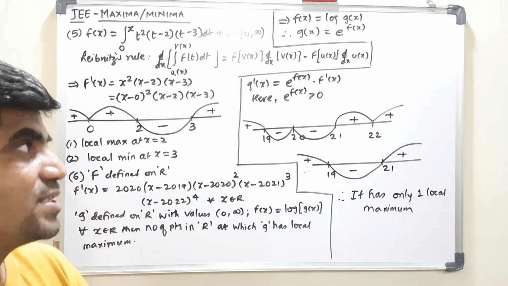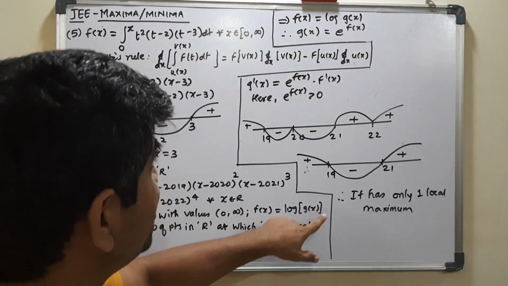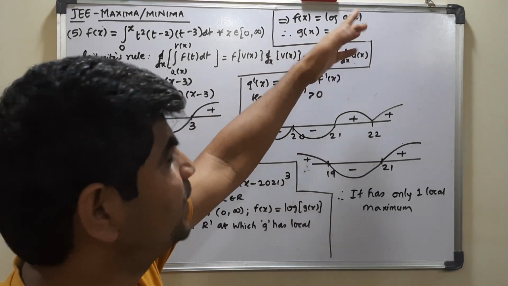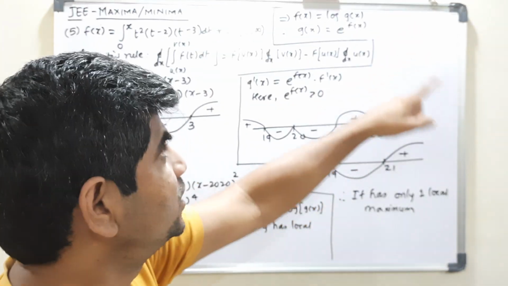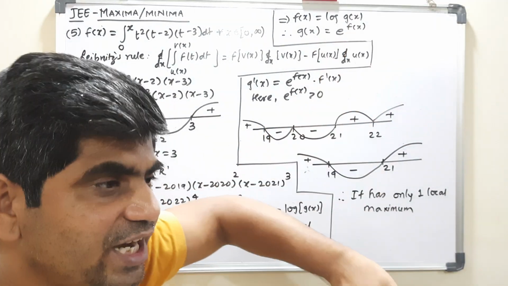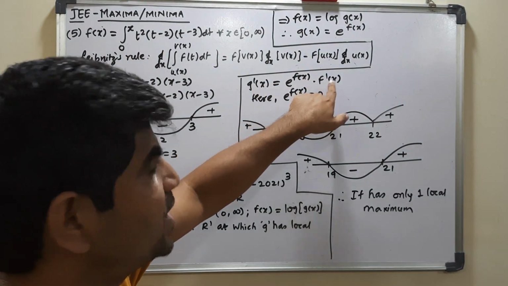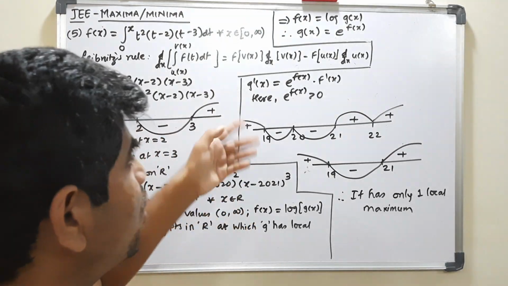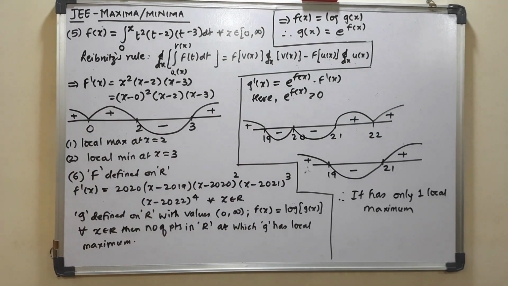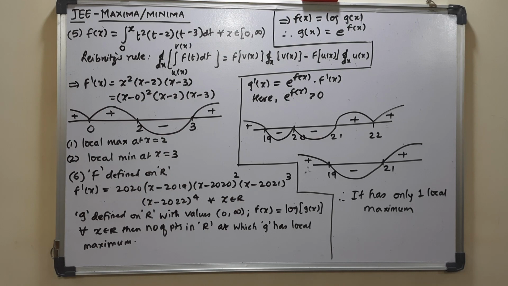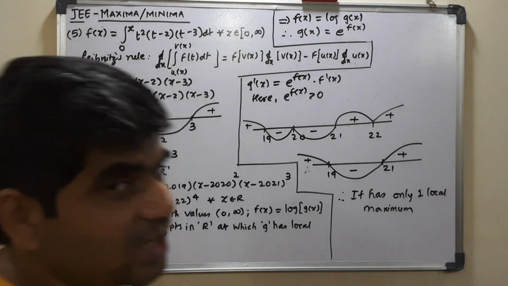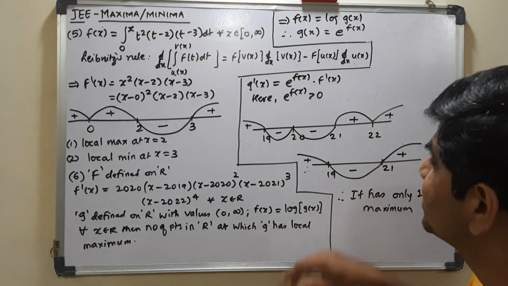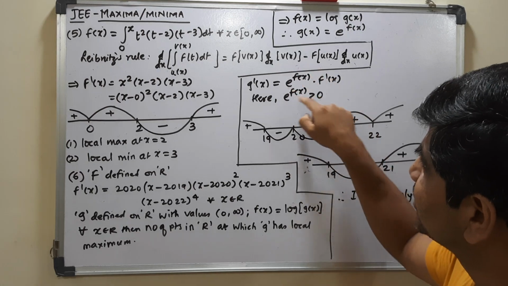What I did was, g x relation is given to me, so I took g x, that is logarithmic, I removed it and converted it into exponential form. So I got e raised to function of x, and when I differentiated it, I got e raised to a function of x into f dash x. So when I get e raised to function of x into f dash x here, obviously my g dash x depends on what? E raised to function of x and f dash x. So what did I think? What will be the role of this e raised to function of x?